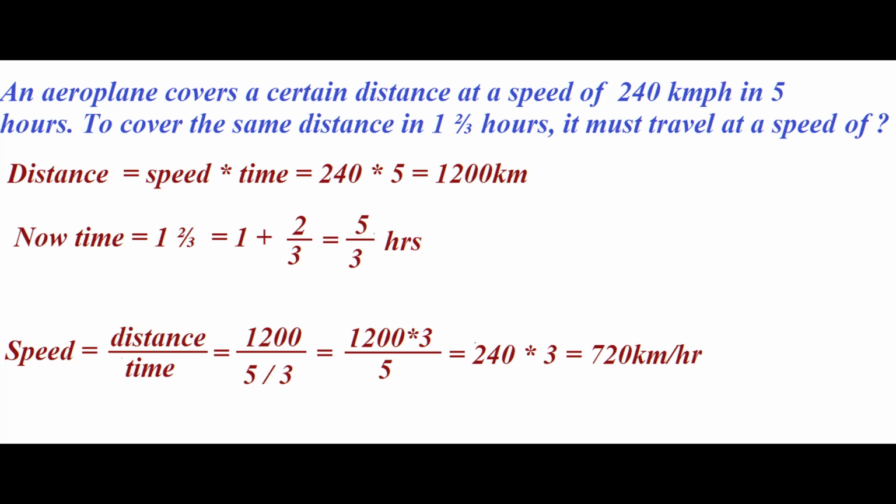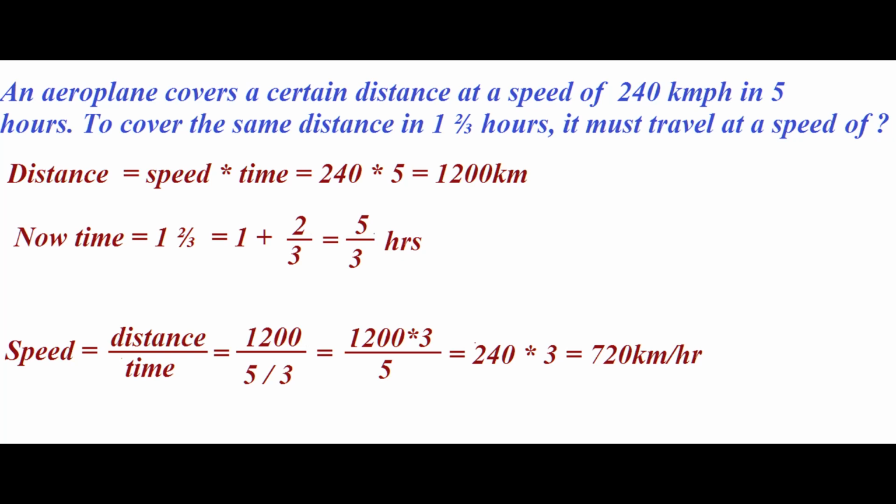An aeroplane covers a certain distance at a speed of 240 km per hour in 5 hours. To cover the same distance in 1 and 2/3 hours, it must travel at a speed of... Distance equals speed multiplied by time equals 240 × 5 equals 1200 km. Now time equals 1 and 2/3 equals 1 plus 2/3 equals 5/3 hours. Speed equals distance upon time equals 1200 upon 5/3 equals 1200 × 3/5 equals 720